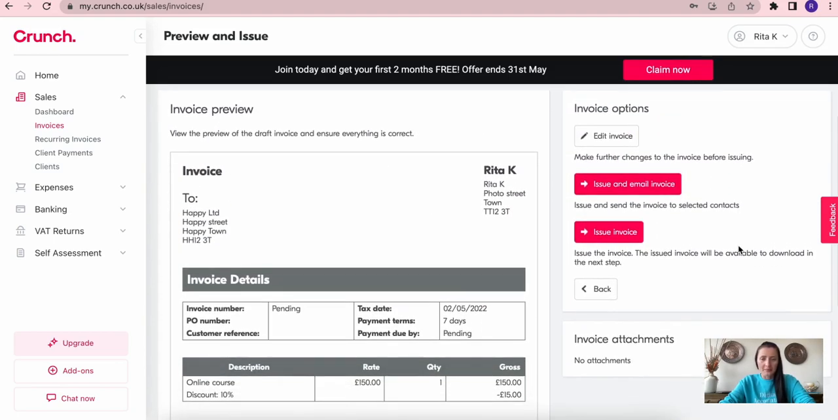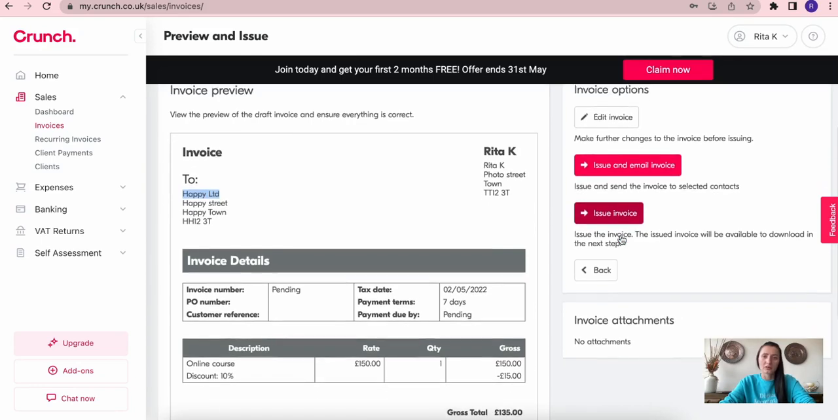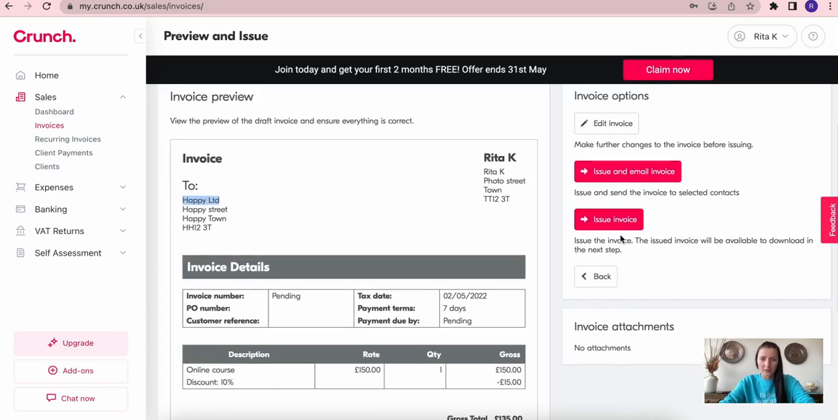If I have added an email address to this client, then I can issue and distribute the invoice directly to their email address, or I can just issue the invoice and it will not be sent out to the client yet, so I can download it at a later stage. In my case, I will click on issue invoice,